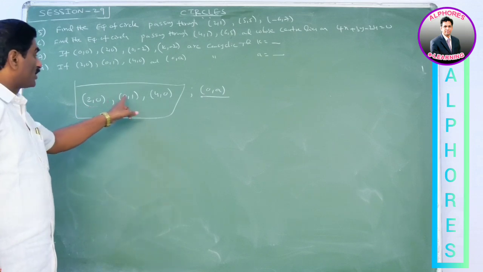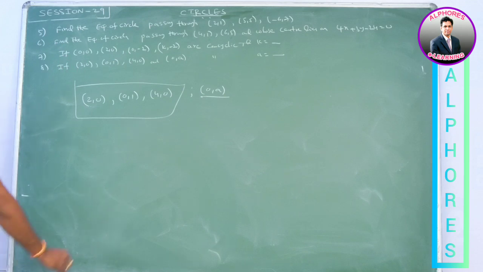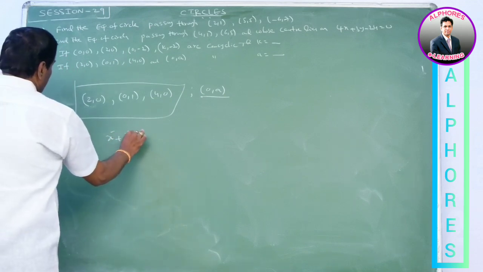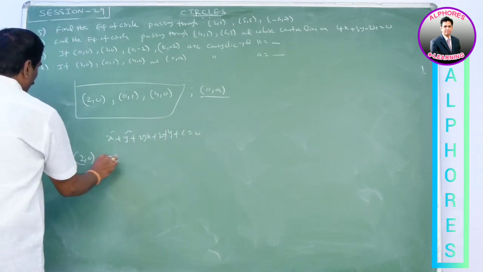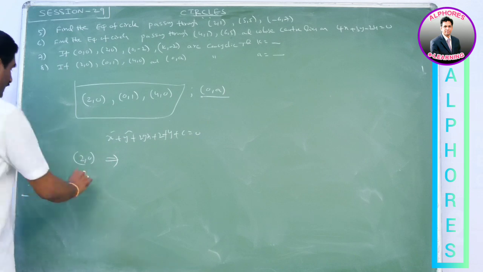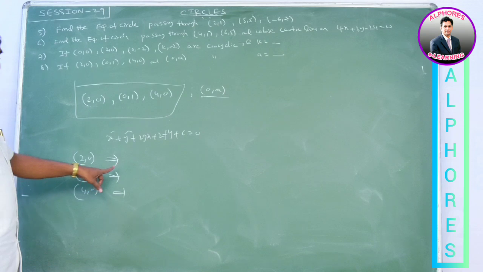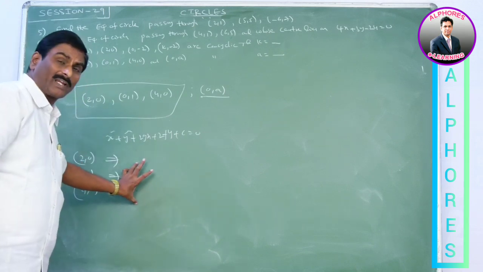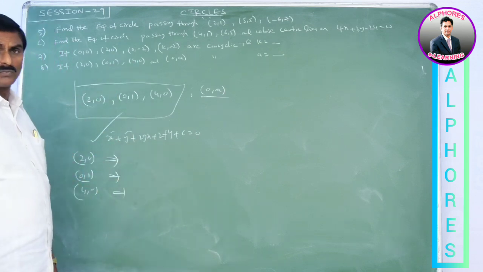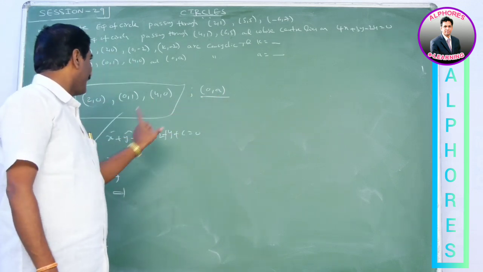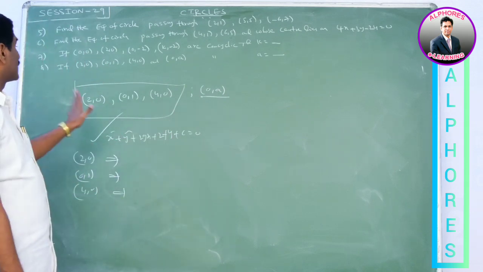It is not in the form of 0, 0, a, 0, 0, b. So we find the equation of the circle by using the standard form. So assume the equation of the circle be x square plus y square plus 2gx plus 2fy plus c is equal to 0. Substitute the point 2, 0, we get the relation between g and c. Substitute the point 0, 1 in this equation, we get g and c. Substitute this point. We get 3 equations. By solving these equations, we get g, f, c. Finally, we get the equation of the circle. Substitute the point 0, a in this equation, we get a. You can do this problem.